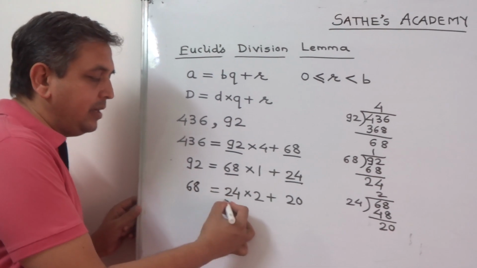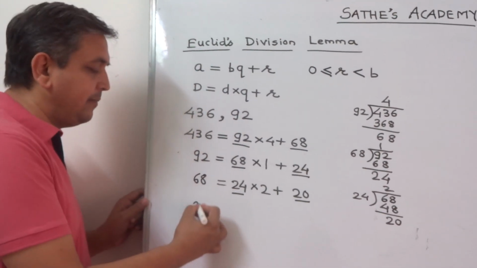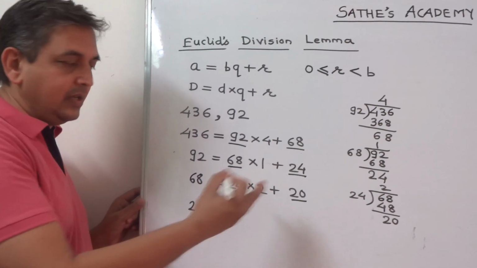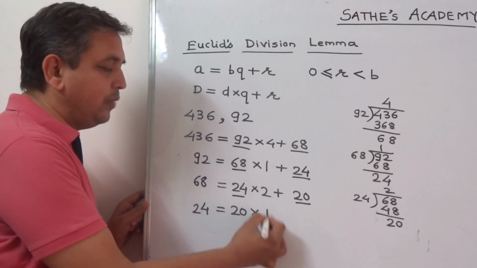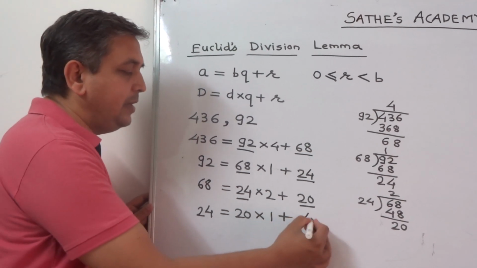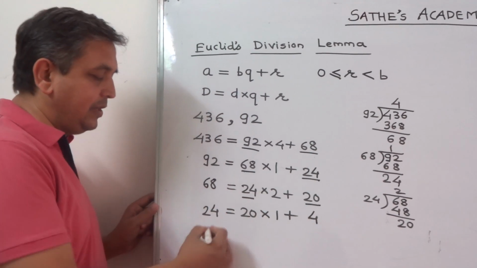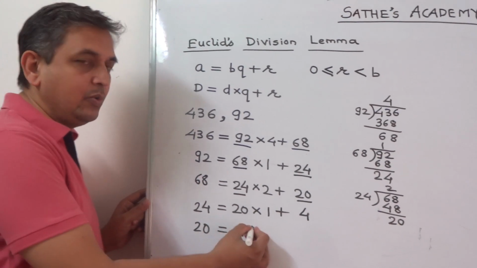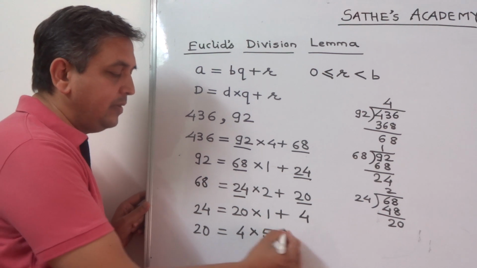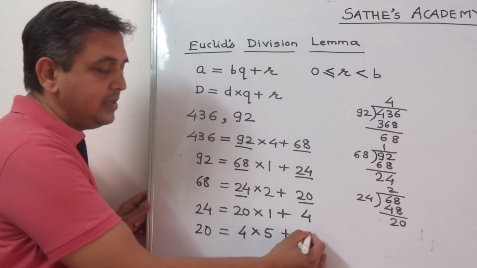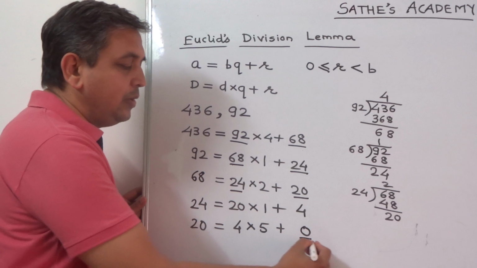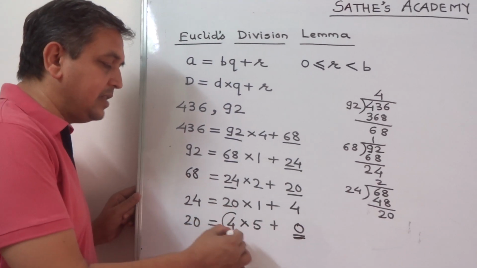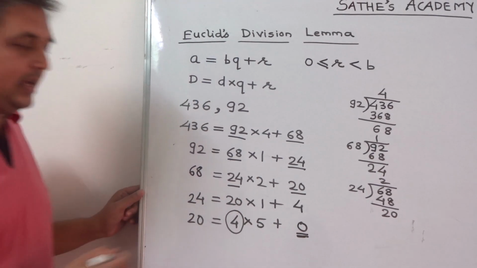Now we change the pair: 24 and 20. So 24 can be written as 20 into 1 is 20. Remainder will be 4. Again we change the numbers: 20 and 4. 20 equal to 4 into 5. And what will be the remainder? 0. So when 0 is the remainder, we stop this process, and this last divisor 4 is the HCF,